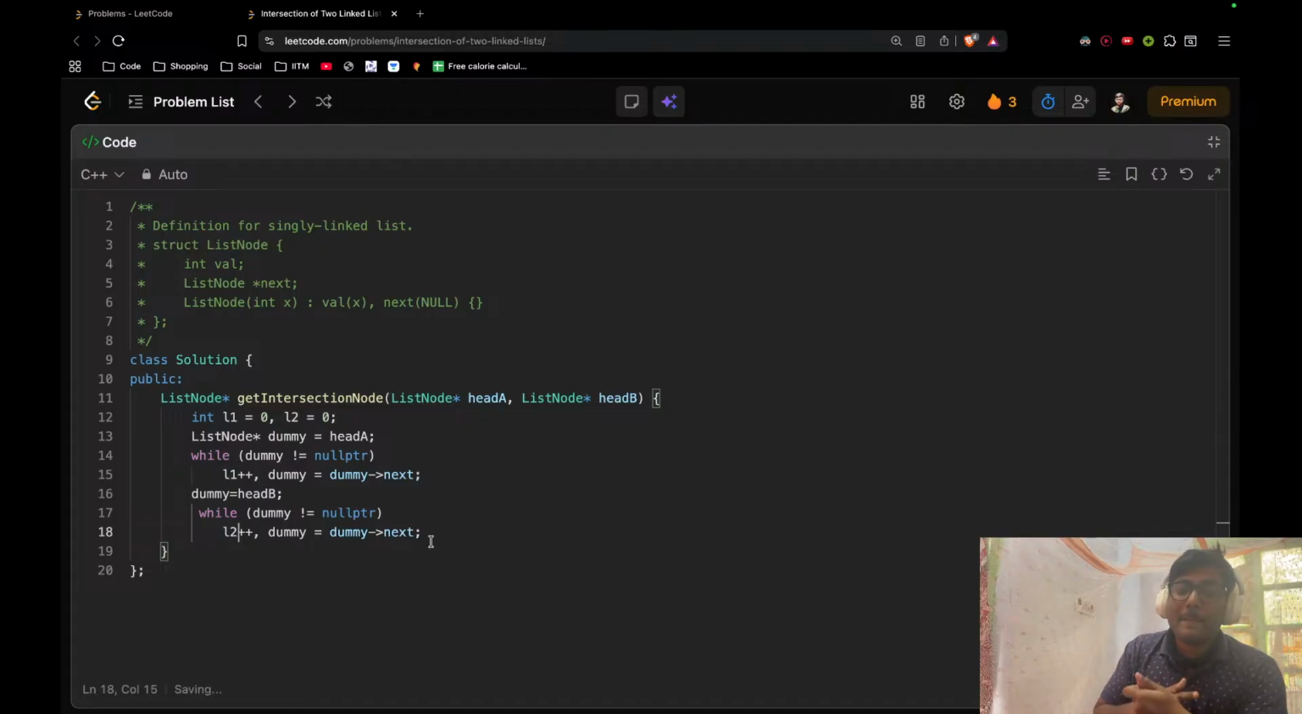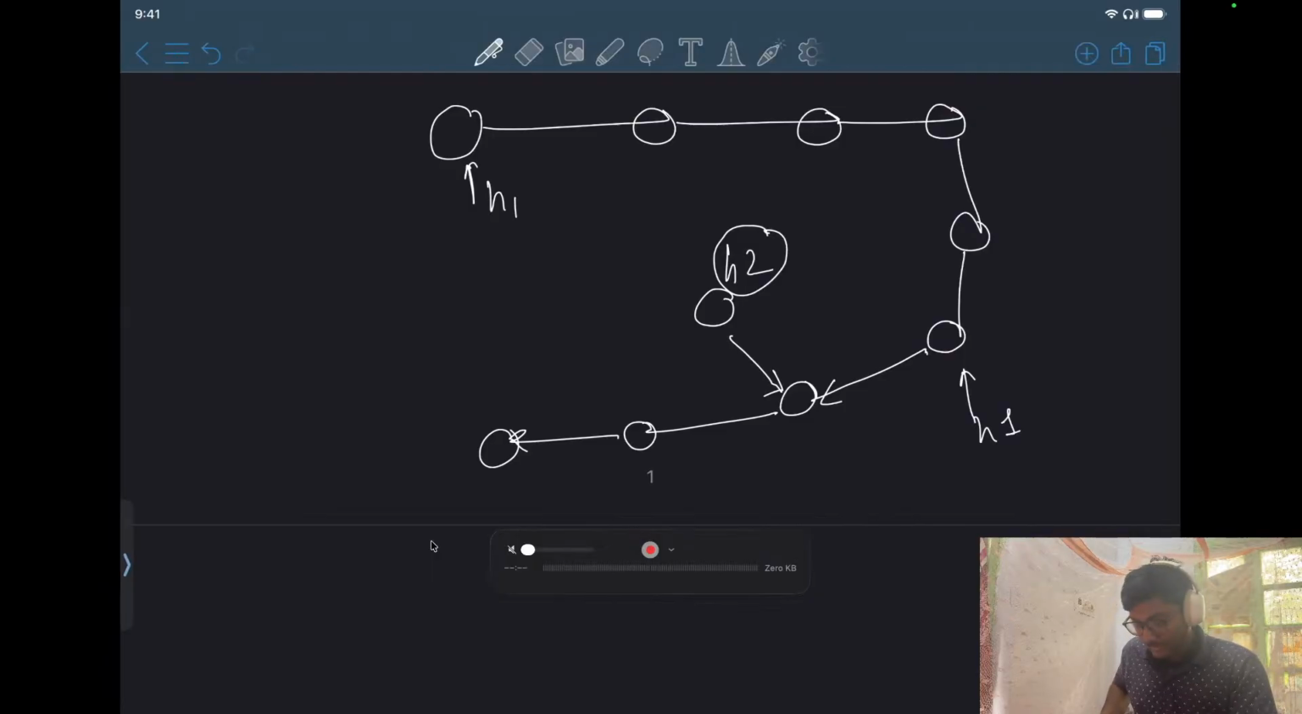Okay, now we have found out the length of both of these linked lists. Now there can be two cases. Either length 1 is bigger or length 2 is bigger. Let's say length 1 is bigger. That means I have to travel the first head by their difference. Let me show this to you. Let's say